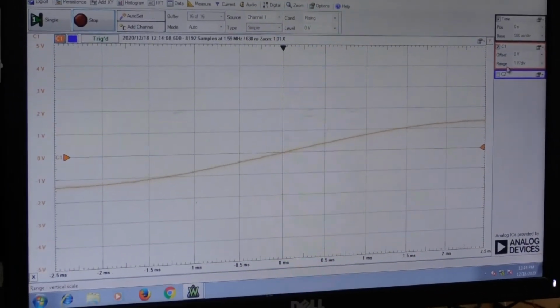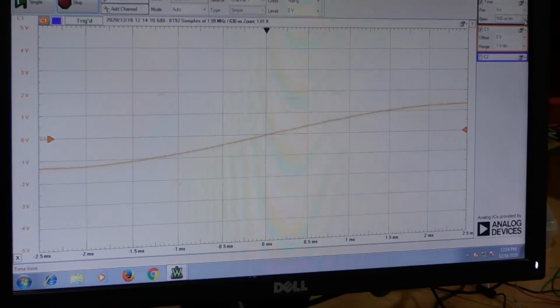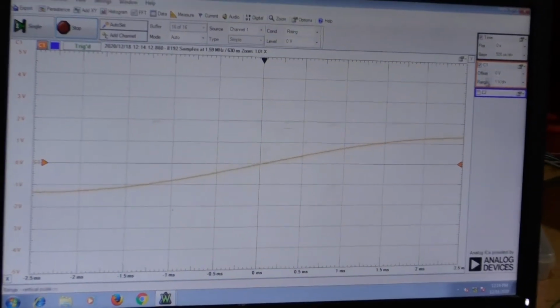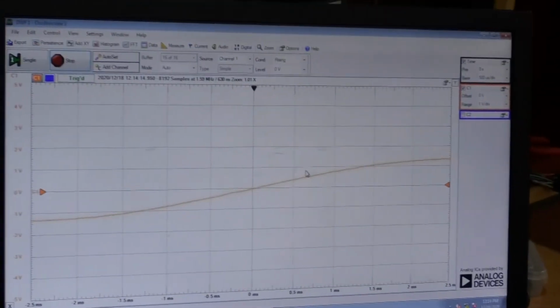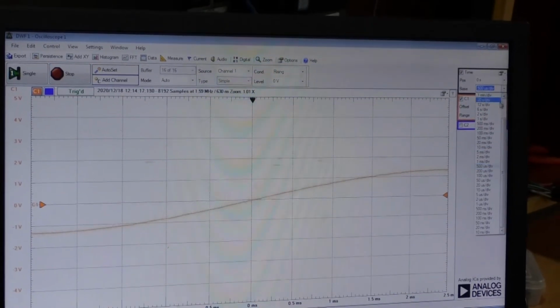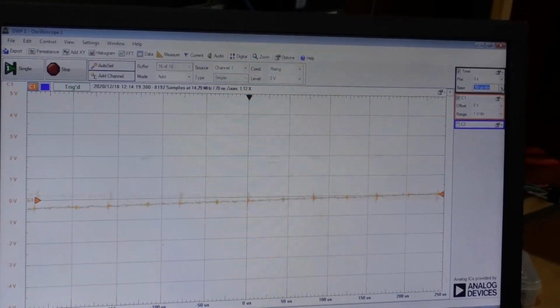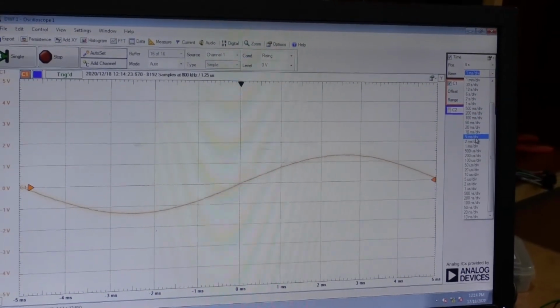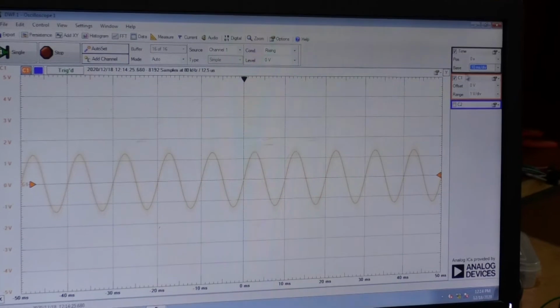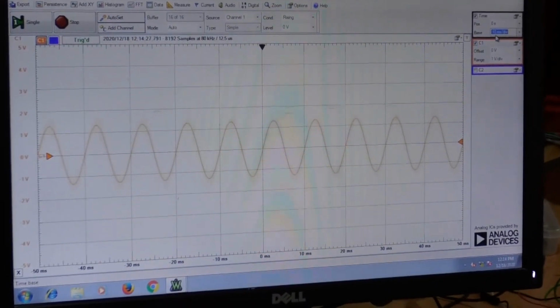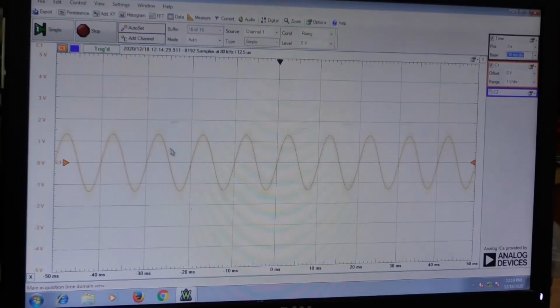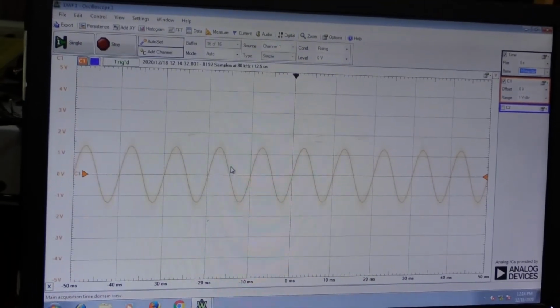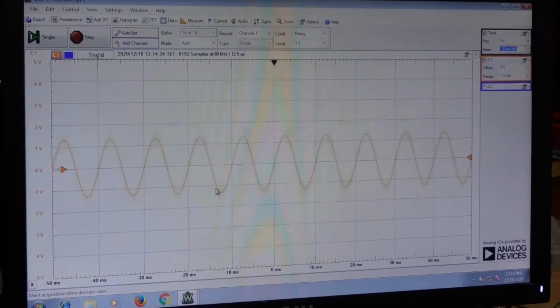For clear visibility, you adjust the base here, the time period base and the amplitude base. For the time period, you adjust this base to 10 milliseconds per division. Now this is your output response for a given sinusoidal signal.